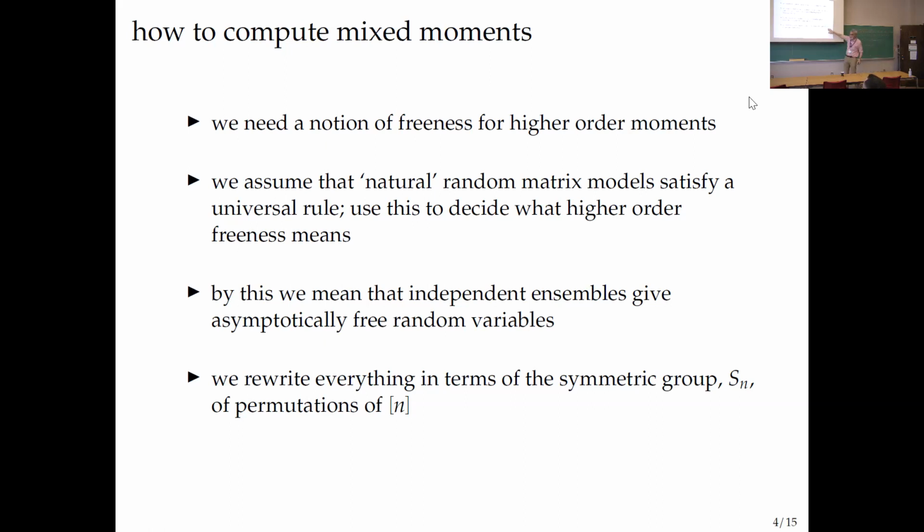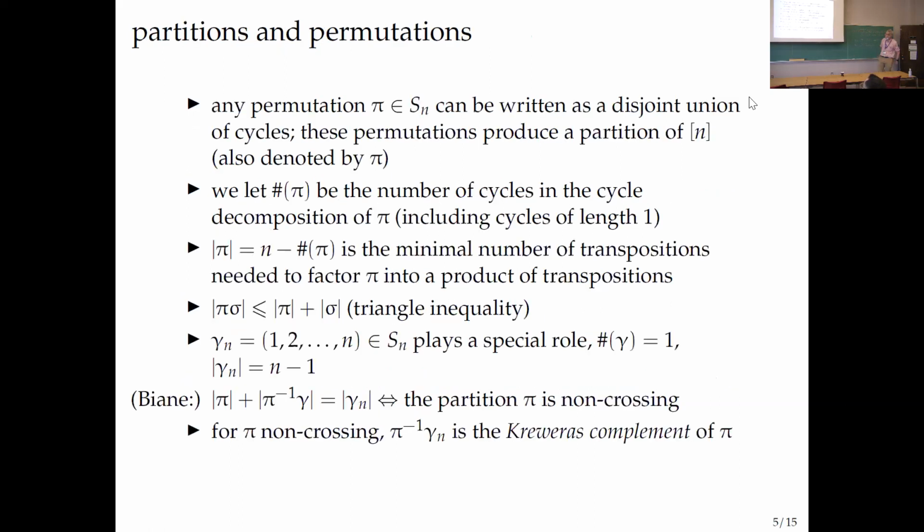And then the other thing is to switch to writing, instead of working with non-crossing partitions, we switched to permutations. So a small change in perspective made things come out easier. So let me just say something about that. Any permutation can be written as a disjoint union of cycles, and these cycles give you a partition. But of course, it's more information because inside a block, you remember the order of the elements. In a normal partition, you don't.